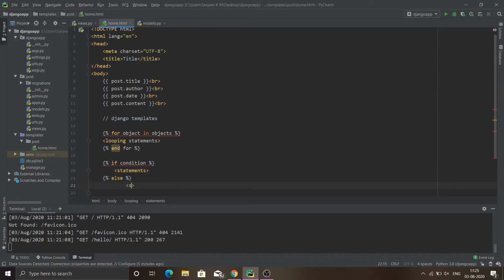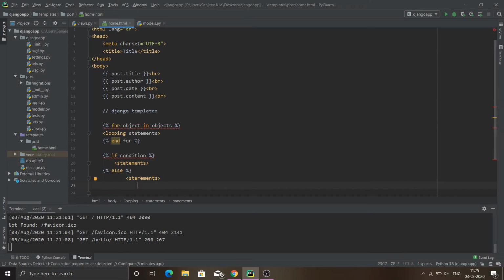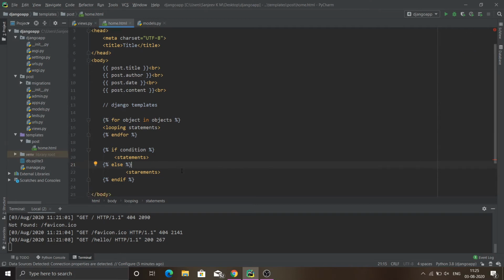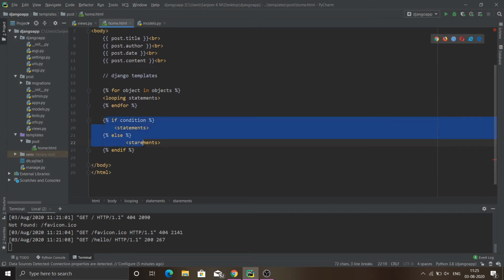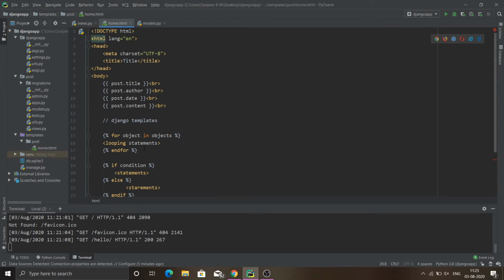Here we could execute statements, and the end if block. Sorry, there should not be a gap between end and for, and end and if. It should be written as a single word. So this is the structure of our if statement in our Django template.